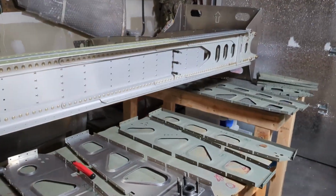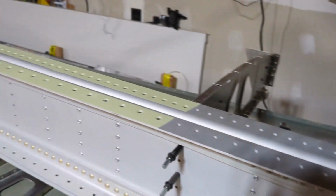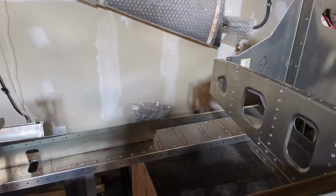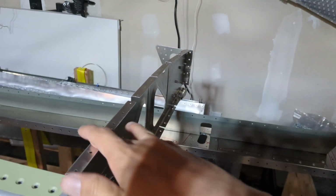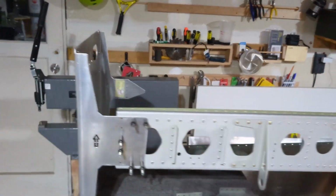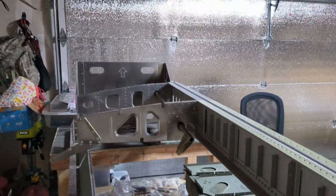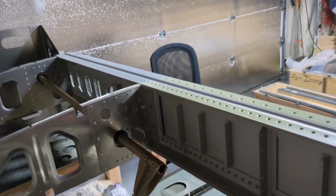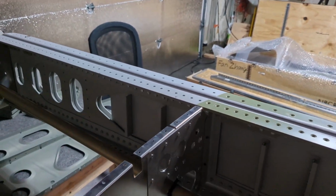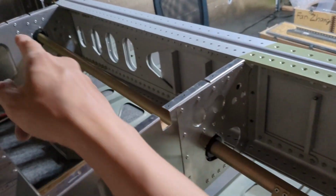The trickier ones are numbers 1, 6, and 7. So this is 7, and as you can see, I haven't quite finished it yet. I did fully finish numbers 6 and 1, and you see I have clecoed them onto the spar here for a reason. Let me walk around to the back of the spar and show you. The instructions say it's critical that the flap torque tube can be inserted through the control bushing between 6 and 1 and